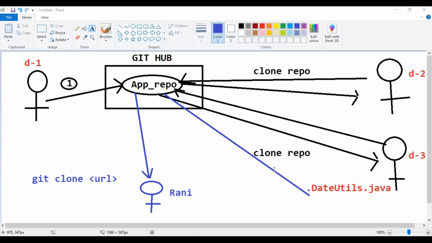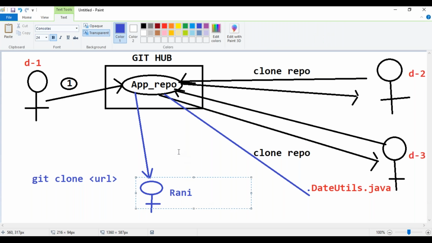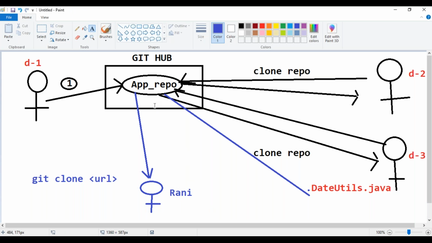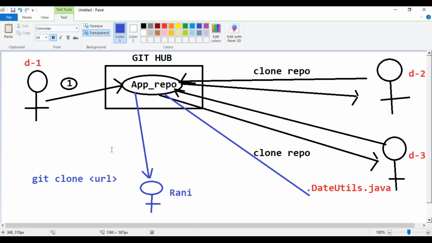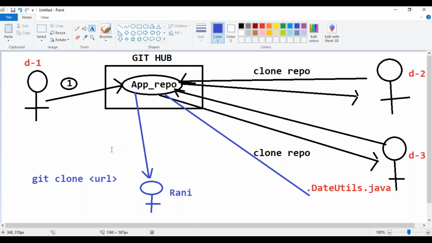Right. Now Rani completed her changes and pushed them to the Git repository. She informs the team lead. How will she inform? A chat box will be available, or she can send a mail. If she sits beside him, she can tell, "Hey Ashok, I committed my changes and pushed them to the central repository." I need to verify, since I gave the task to Rani, but I'm busy with client work and other meetings, so I don't have time to verify the changes done by Rani.